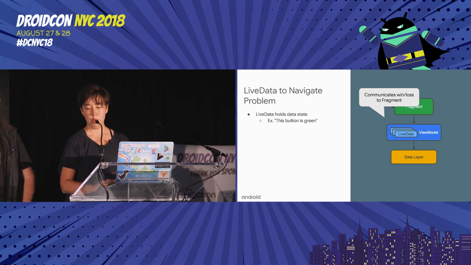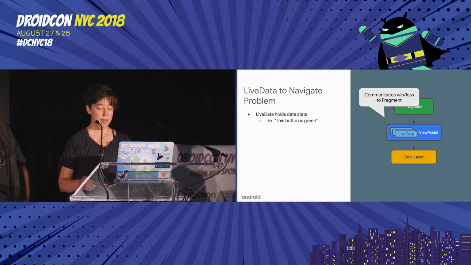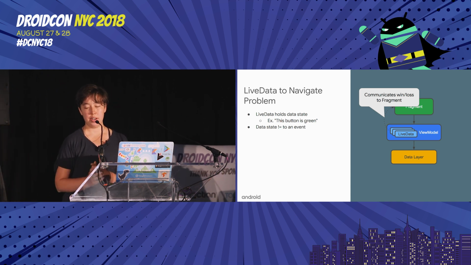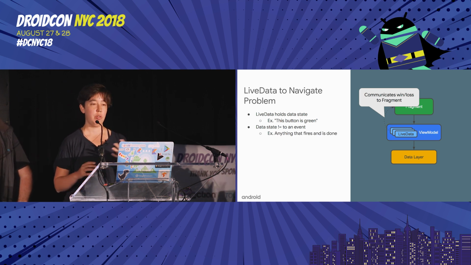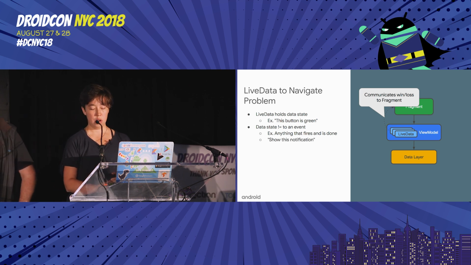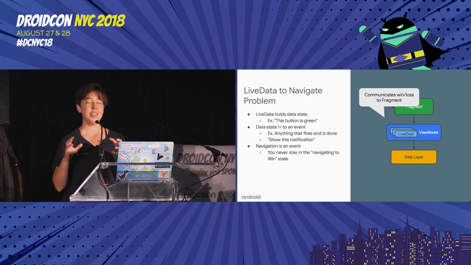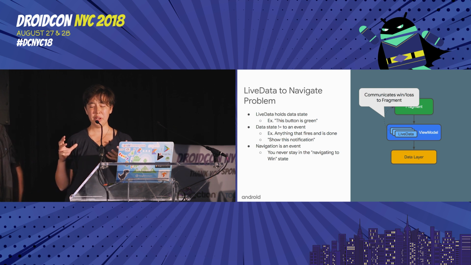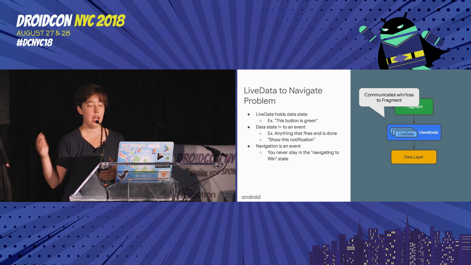There is an issue with this, which is that live data is actually designed to hold state, which is something like a button is green, or the user's name is Sally. Data state is not equivalent to events, which are things like, at this one point in time, please show a notification, or please show a snack bar notification, or please animate somewhere. So it doesn't make sense for navigation to be a state. It makes sense for navigation to be an event, because you're never really in a state where you are continuously navigating to win. It is a single event that happens once and then it's done,